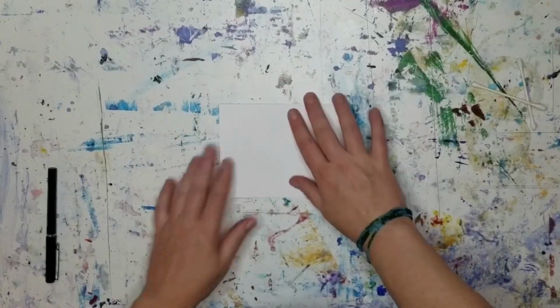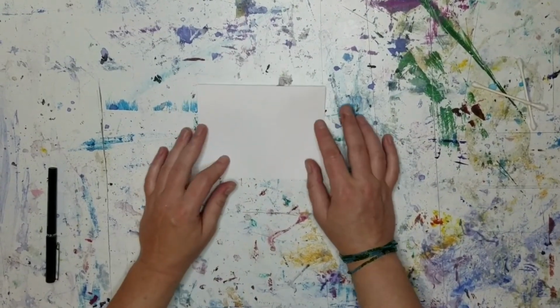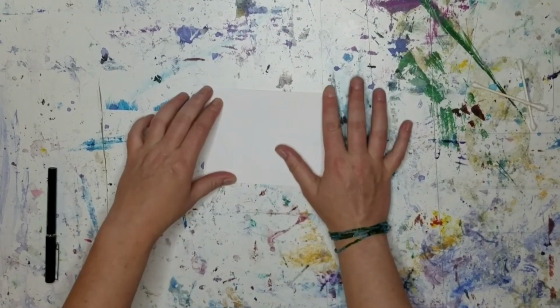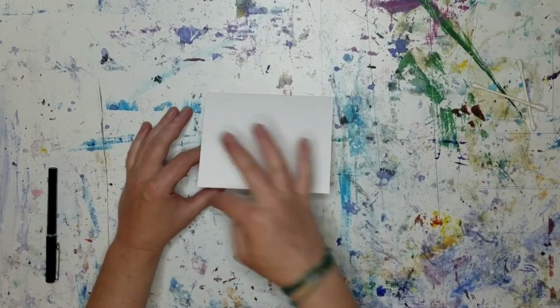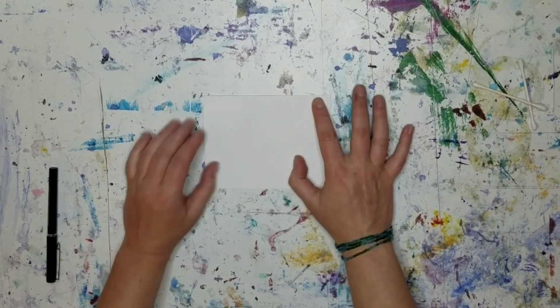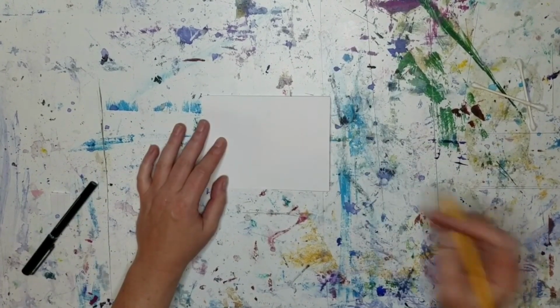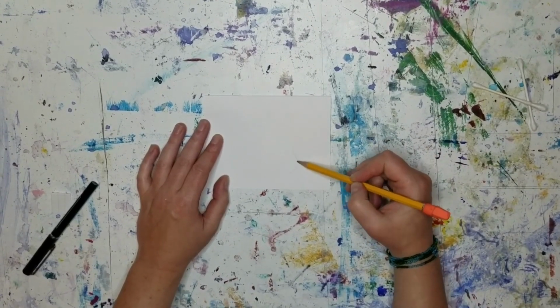All right. So this is going to be in the landscape position. So along this side, up and down, while the shortest sides are side to side, so that you can open it that way. And first thing, we're going to grab our pencil and we are just going to do a little outline of